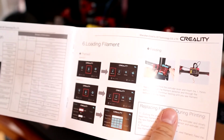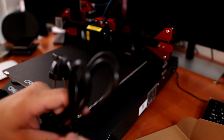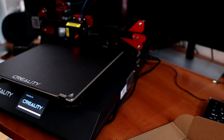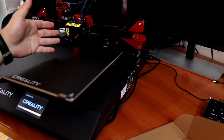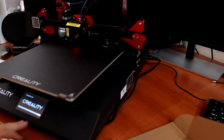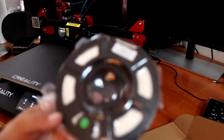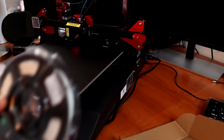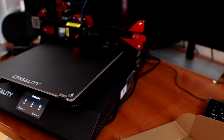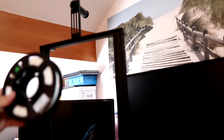To do that, we first need to insert the power supply cable into the printer and turn the printer on. As you can see, the screen has started and you can hear the fan already blowing. For loading the filament, we will use the standard filament which came with the printer. So let's attach it to the holder